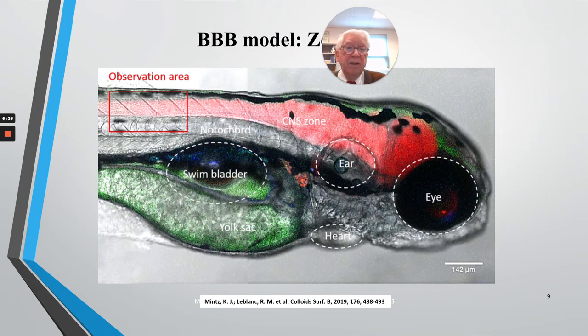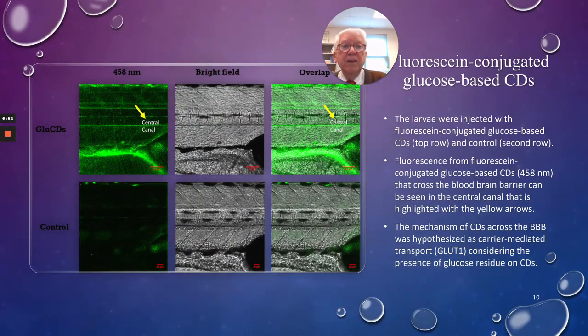And based on the morphology of zebrafish, we knew that when we looked at the observation area, which is related to the central canal, if there is or not a passage to the blood-brain barrier. And that's important for different diseases, as you know, like Alzheimer's disease, for example, Richardson disease, Parkinson disease, and so on. Next slide will show you that when we use the carbon dots prepared from glucose,